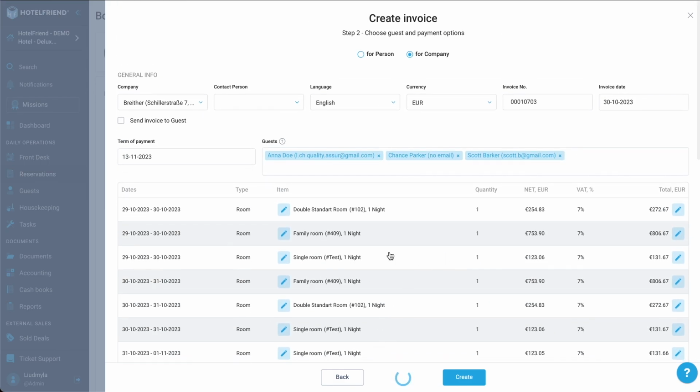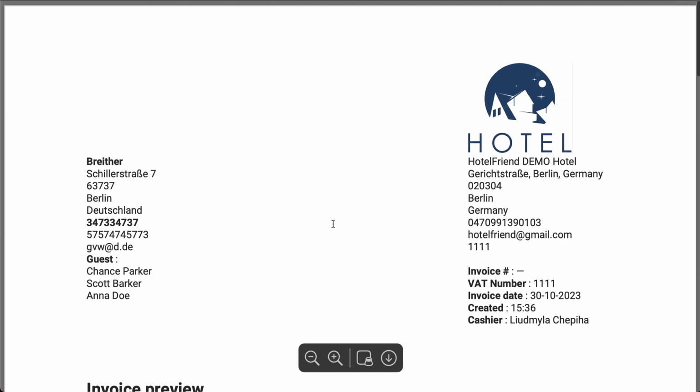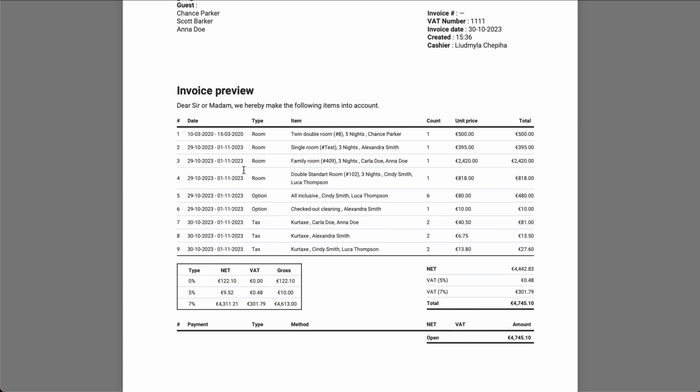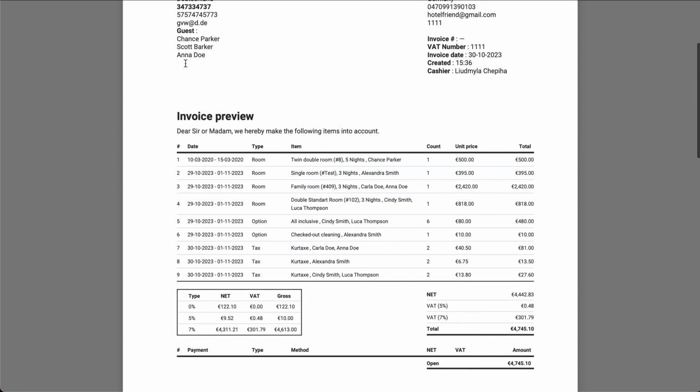So now let's preview our invoice. As we can see, the guests in the header are only the guests we specifically selected. If we wouldn't add any additional guests, only Anna would be displayed in guest section. Now we have better, easier control over who is displayed in our header. But these guests are tied to company, so these guests must have company selected in the company field in their